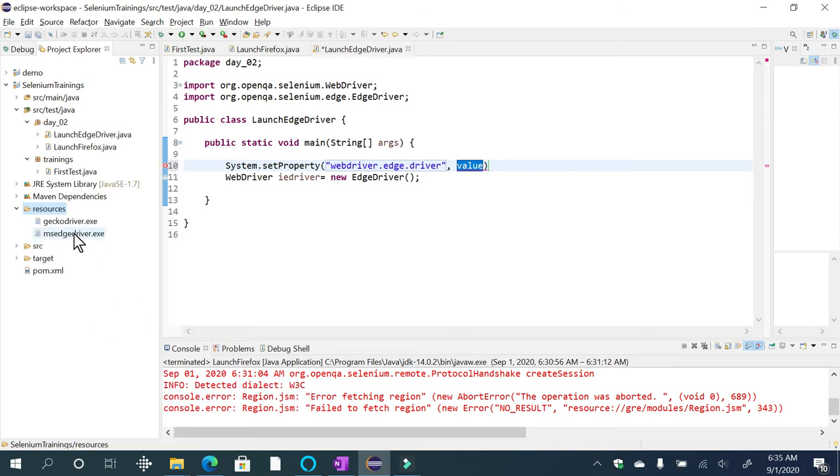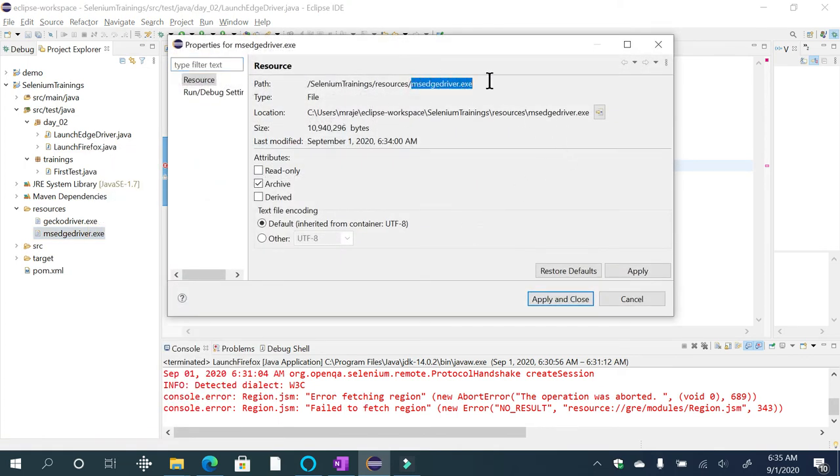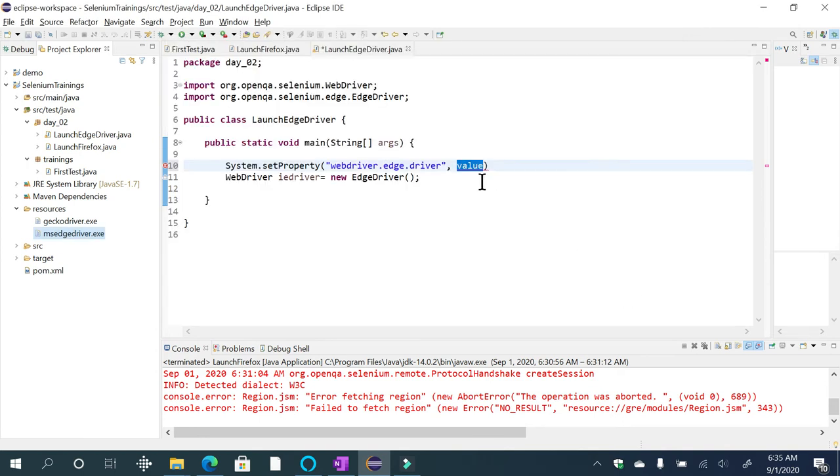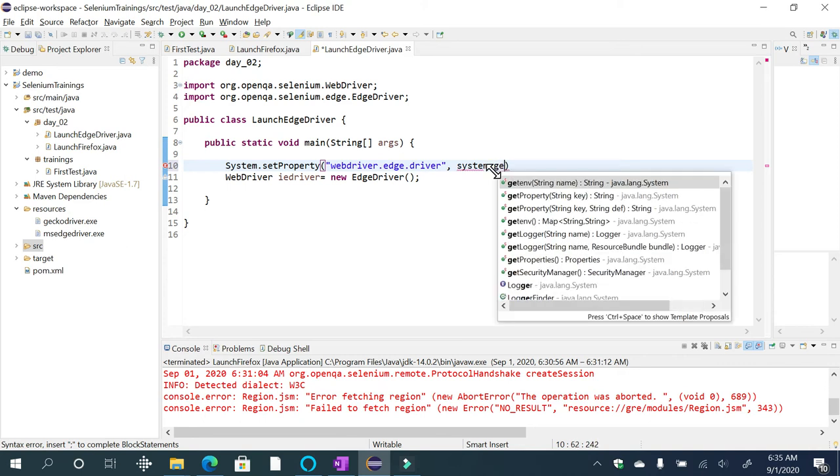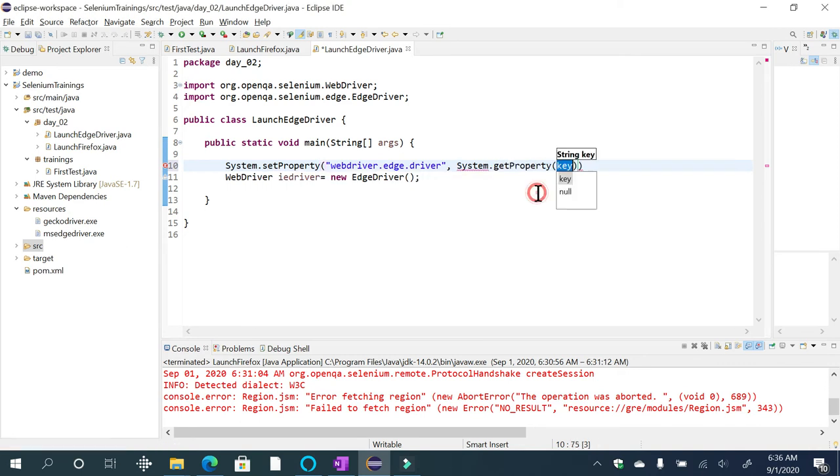You see this one. Either you can copy this driver.exe, Control C, and now as I said, the best practice should be system dot get property. I'm sorry, not this. We need to give user dot directory,